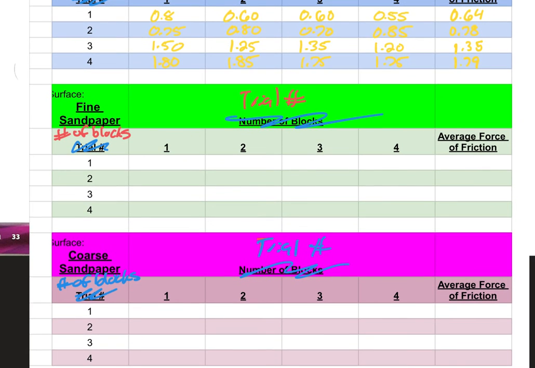All right, 2 more to go. So for our fine sandpaper, for 1 block, we got 1.5, 1.90, 1.60, and 2.00. All right, for 2 blocks, we got 3.5, 3.65, 4.0, and 3.70. Adding a 3rd block, we got 5.80,